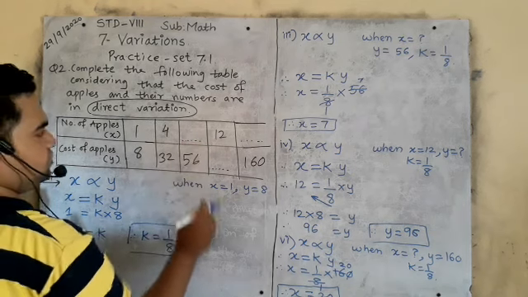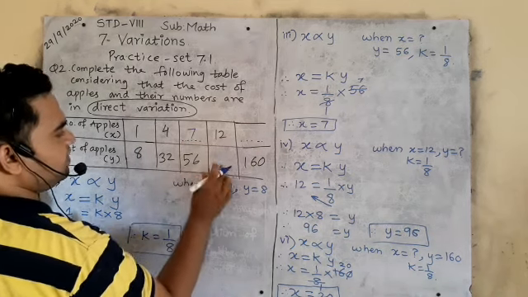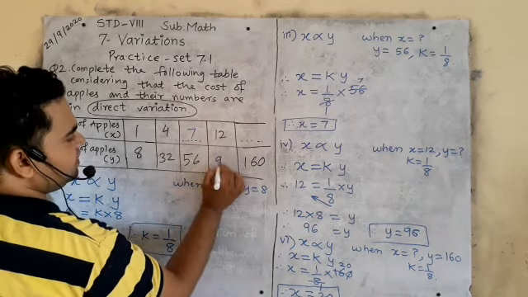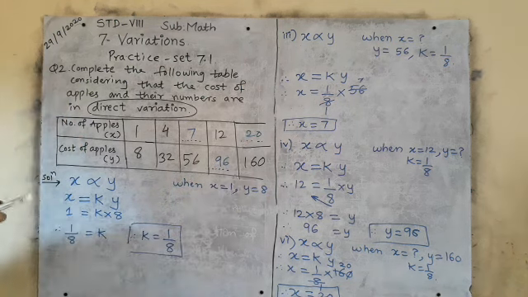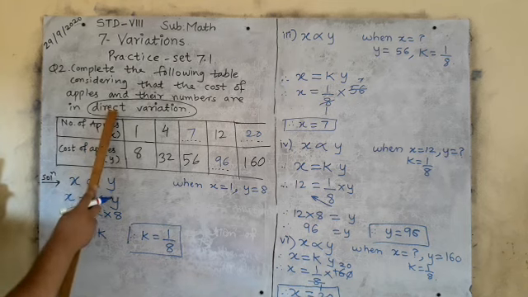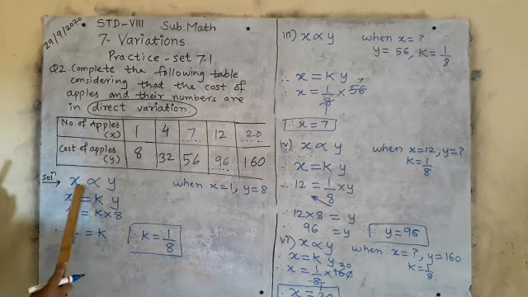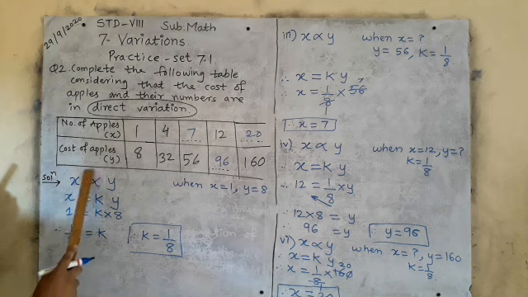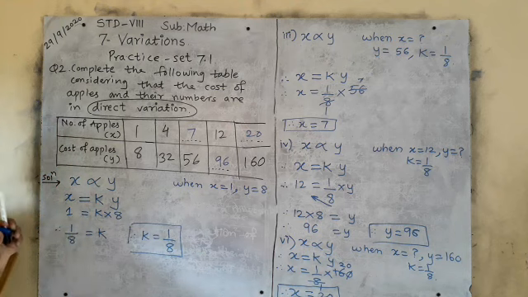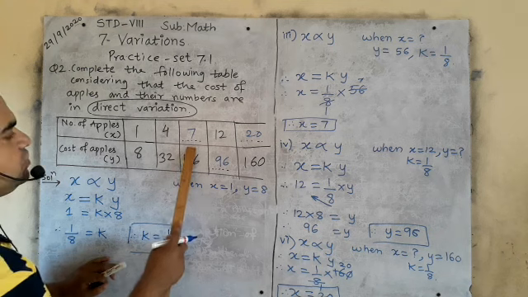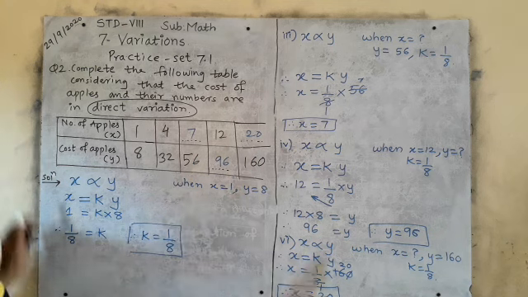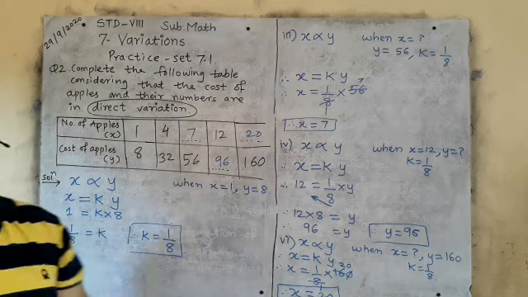Is it clear? So this is how we have to find. We have to fill this also. What was your first answer? 7. What was your second answer here? 96. What was your third answer here? 20. Okay. So these quantities X and Y, relation direct variation. X is directly proportional to Y. In place of alpha we have to write equals to K, and K and Y are having multiplication. Is it clear? This is how K constant 1 upon 8 you will use here also, and here also. This is your question number 2.